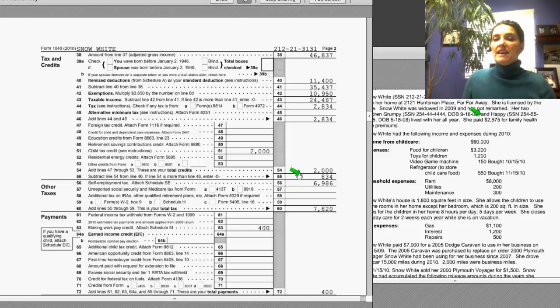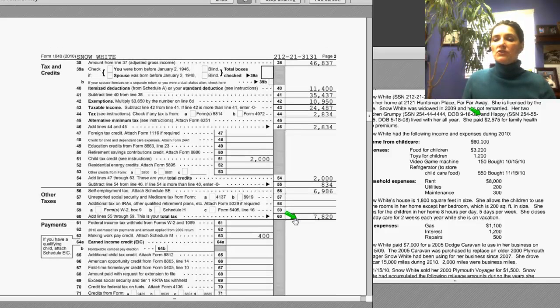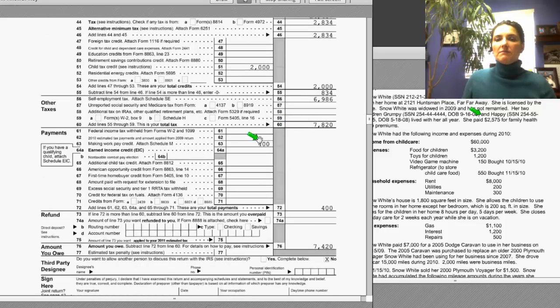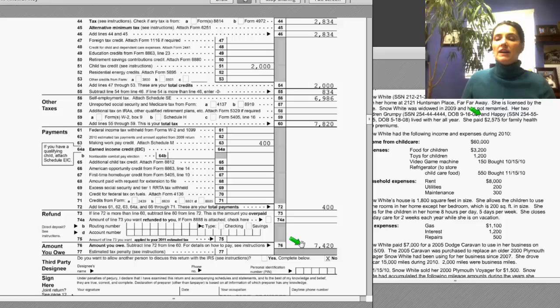$834. But now we have to add in that big self-employment tax amount of $6,986. That pushes Snow White's tax bill up to $7,820. Snow White has a making work pay credit of $400. It's the only withholding she has or the tax payment she has for the year, so she owes a boatload, $7,420. And I have to tell you that when you are dealing with self-employed people, this self-employment tax really is